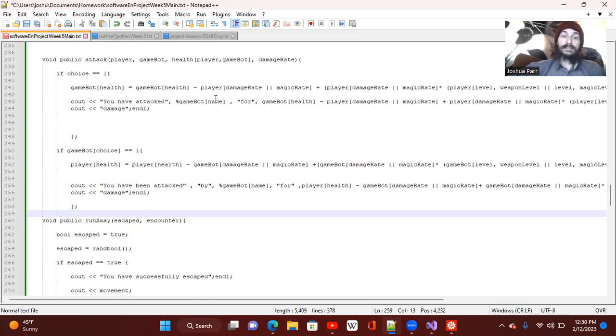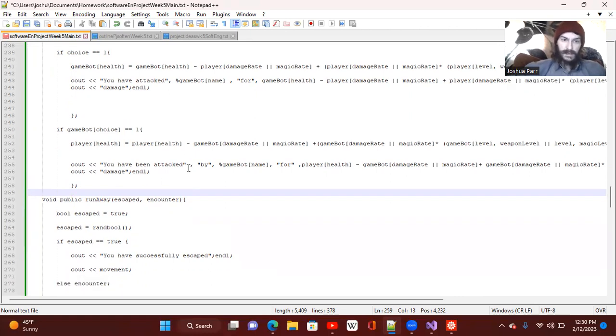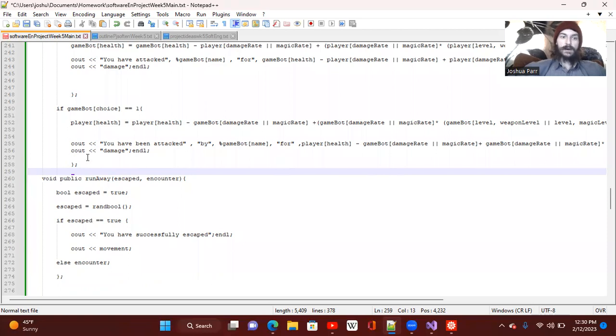And it'll say you have attacked whoever the gamebot is for the amount that you just took away from their health. Same here, I just put the messages backwards. Cout is just printing something to your